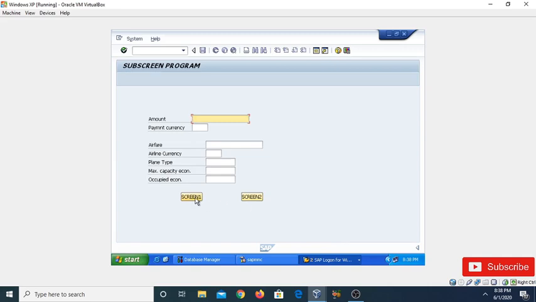When I press this screen 1, it will call the subscreen 1. So in this way you can create the subscreen area and you can call the particular subscreen onto the same subscreen area.